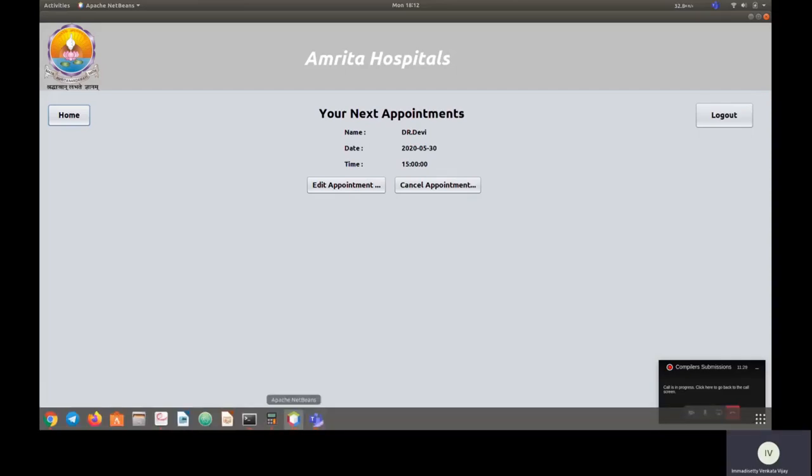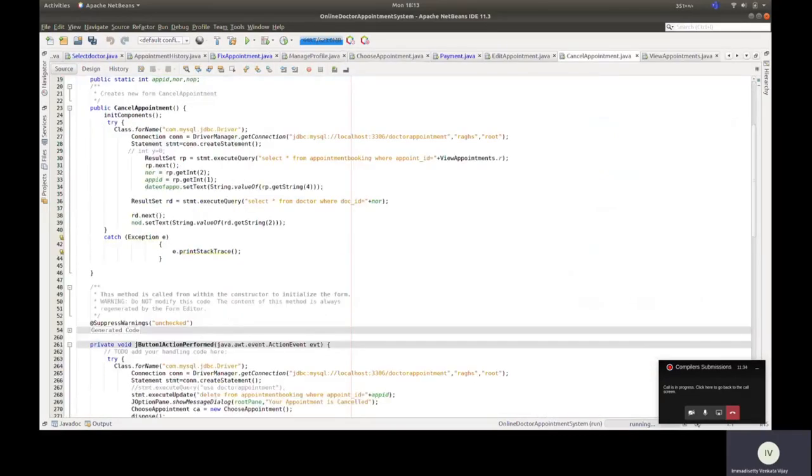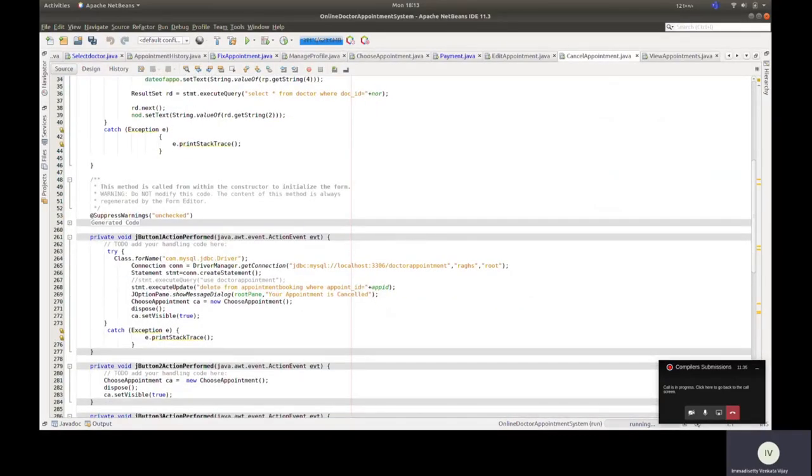Cancel appointment: here when the action is performed, we are updating the table like delete from appointment booking where appointment ID equal to app ID.